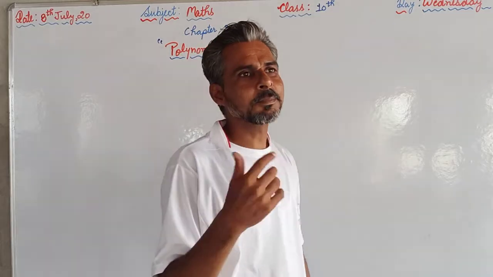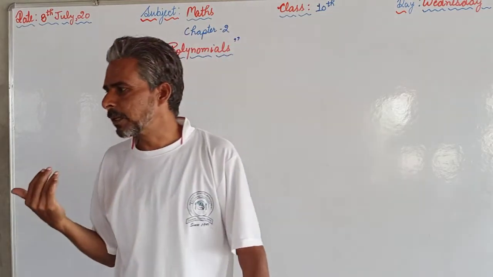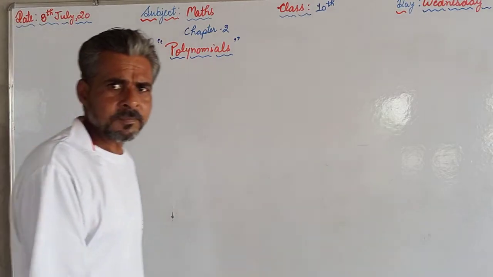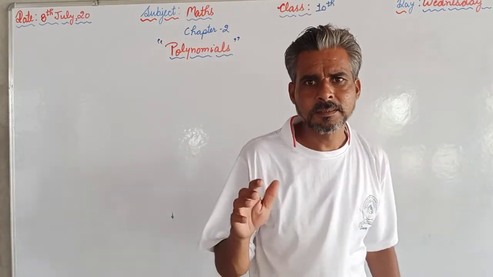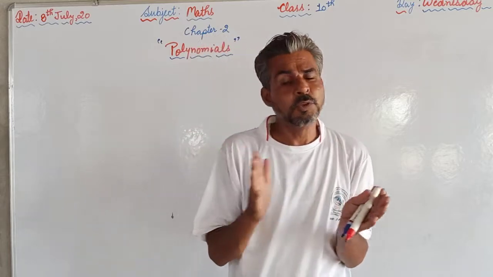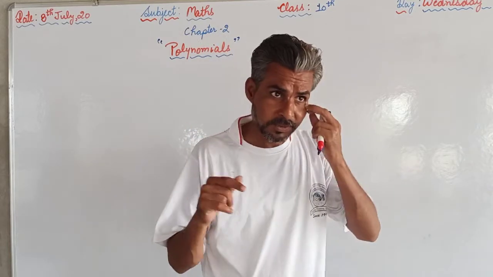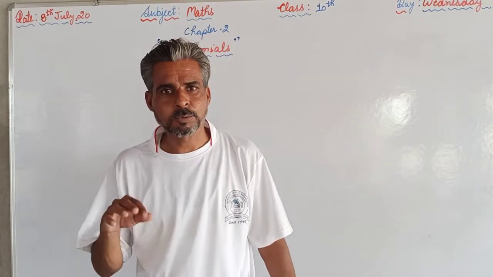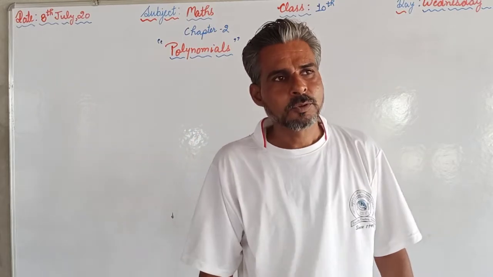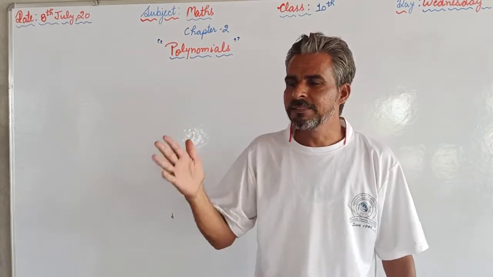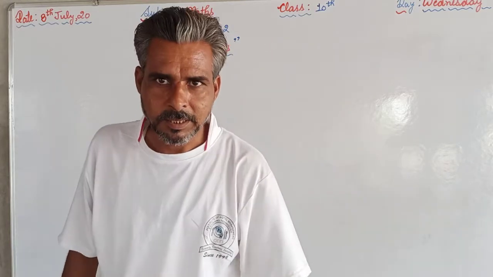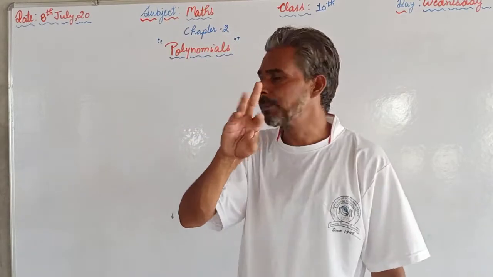The reason behind that is the name of chapter 1 is real numbers, and in that chapter the maximum content is of Euclid's algorithm. As you have heard in the news, the CBSE is supposed to revise the syllabus, and yesterday they announced that they are going to cut off 30% of the syllabus. So we are assuming that they will cut off the first chapter. That we are assuming only. So that's why we are not starting with chapter number 1. We are starting with chapter number 2.